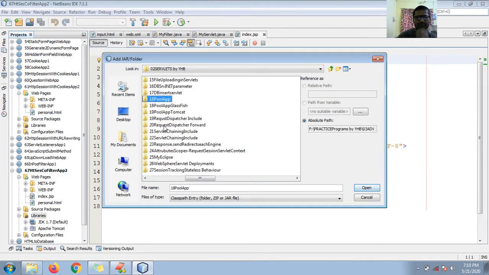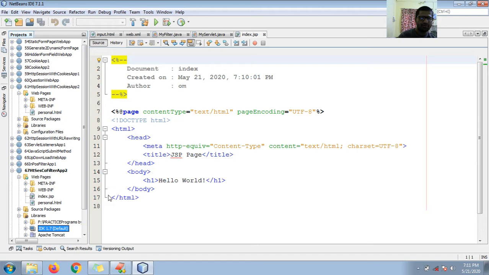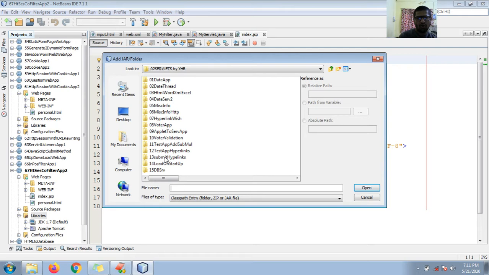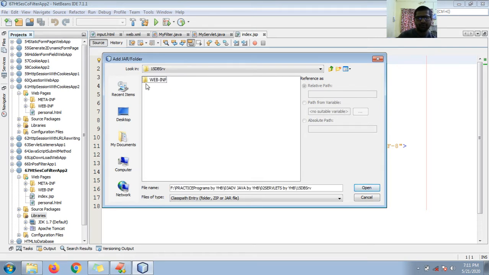where can I find the MySQL database jar? Oh, I think I need to remove this. The whole folder should not be added as it is, you need to add the jars one by one. So right click, add jar. I'm looking for the MySQL connector jar.